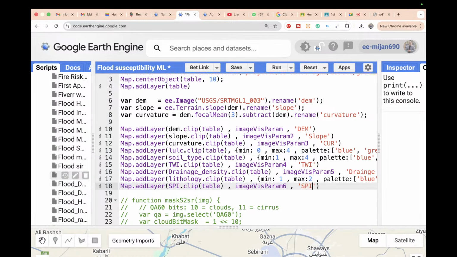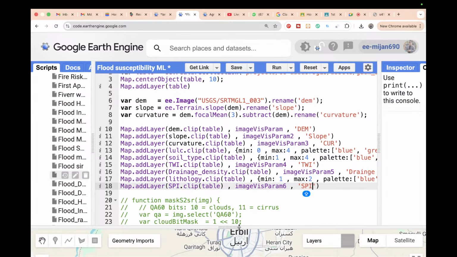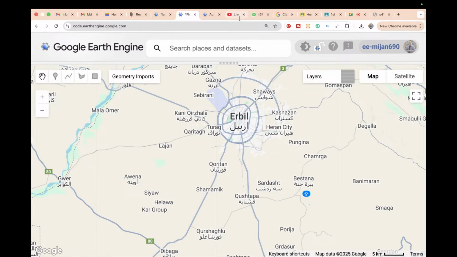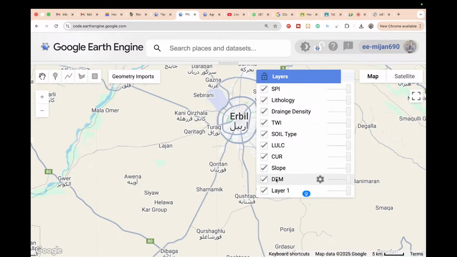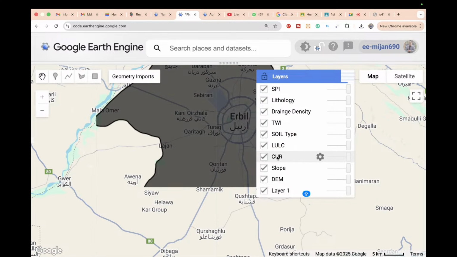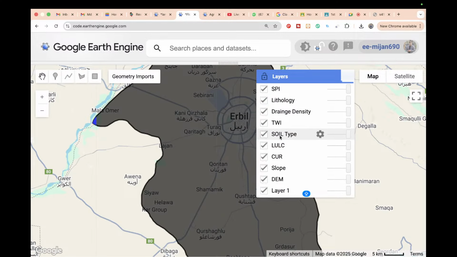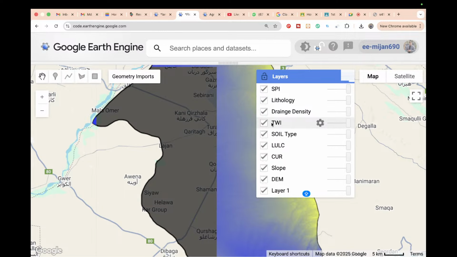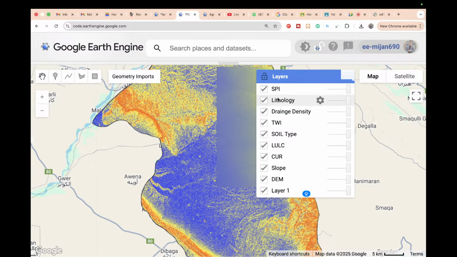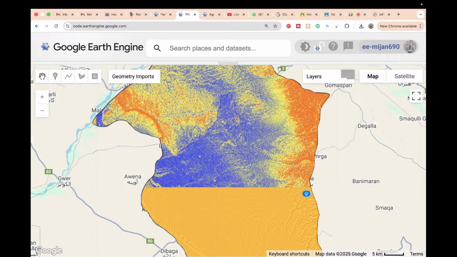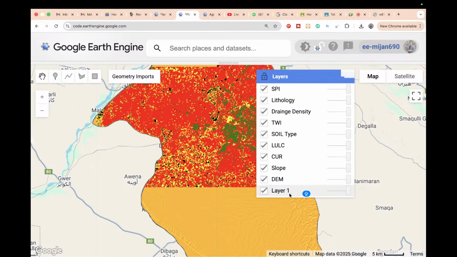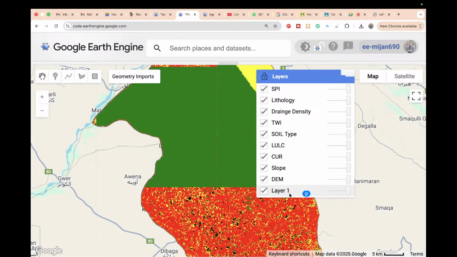So basically this type of factor we use to identify flood-prone areas with the help of machine learning. So you can see, suppose we need the DEM, then slope, then curvature, land use, land cover, then soil type, topographic wetness index, drainage density, lithology, and stream power index. This is a total of 9 factors we use, and then further we try to identify flood susceptibility mapping for our